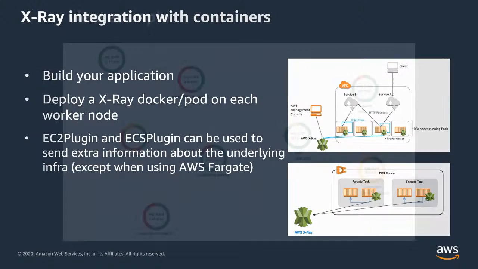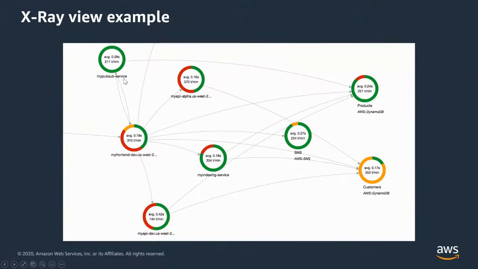I'll go to the next one. So, the X-Ray view. For example, if you have services running, like microservices in Lambda, without much out of the box, or if you're using Elastic Beanstalk or some other service, you can enable X-Ray tracing. At a basic level, it'll check which services are being invoked from where, which database, and which resource like SNS, and then it'll show you how much time it takes, what's the maximum time it took, what's the fastest time it took, so that you can start looking at bottlenecks, right?